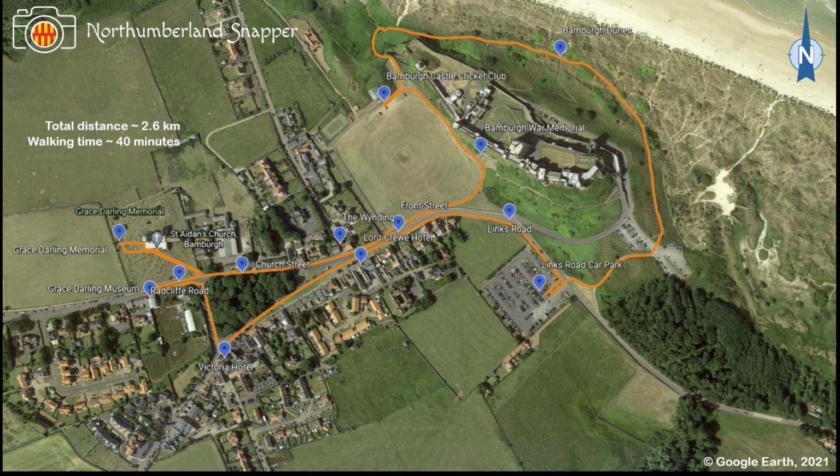We begin at the Links Road long-stay car park, where most visitors to the village will park their vehicles. From there we walk in an easterly direction along Links Road and join Front Street. We continue up Front Street, which is home to Bamburgh's few shops, pubs and eateries. At the top of Front Street we turn northwards and head over towards the Grace Darling Museum on Radcliffe Road. We then cross over the road and visit the parish church of St Aidan, where the local maritime heroine is